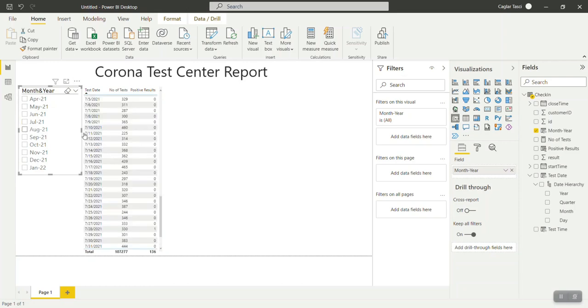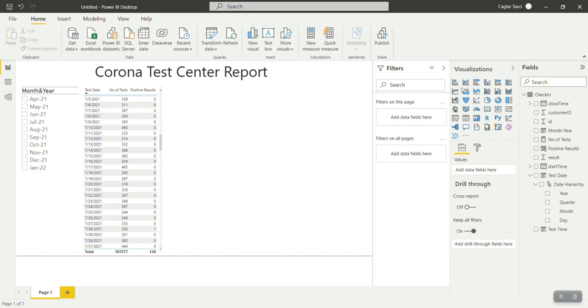Till now we have only used a table. So I have selected this line chart, and now I have placed it here, and we can quickly add our dimensions to it. So I will place it in a way that I can also accommodate another chart. So we will do like half and half.